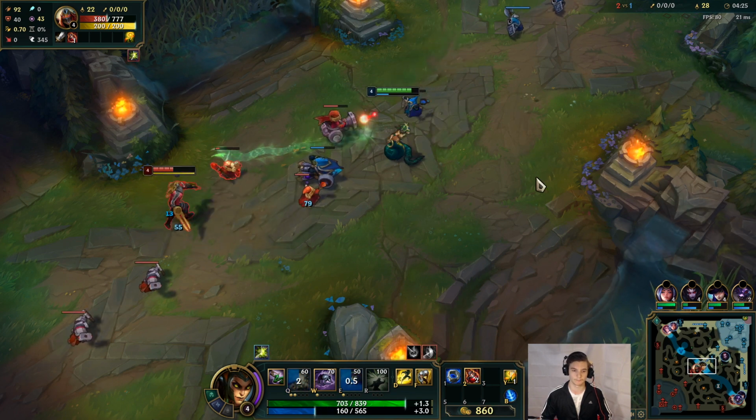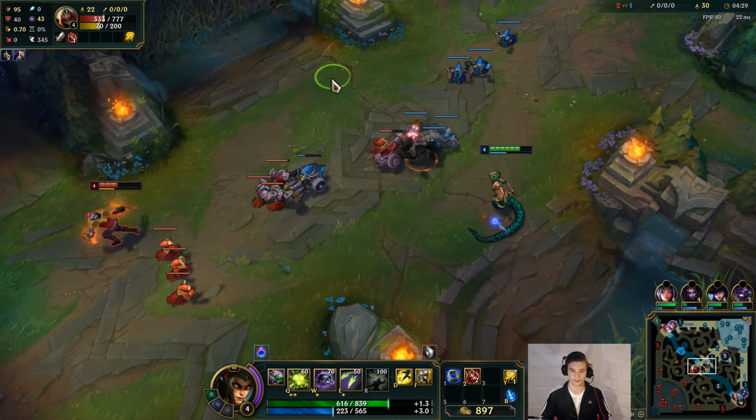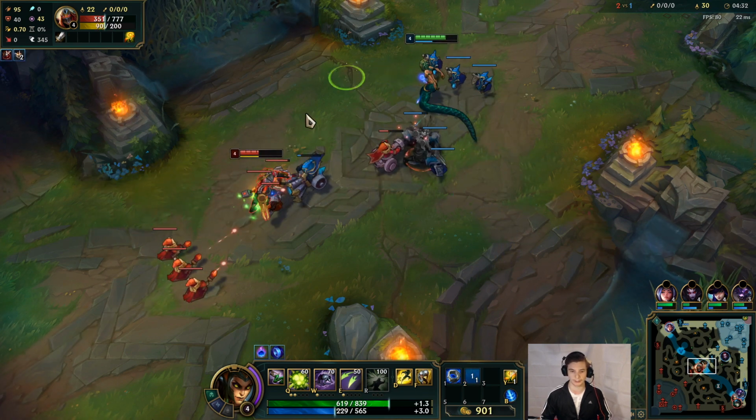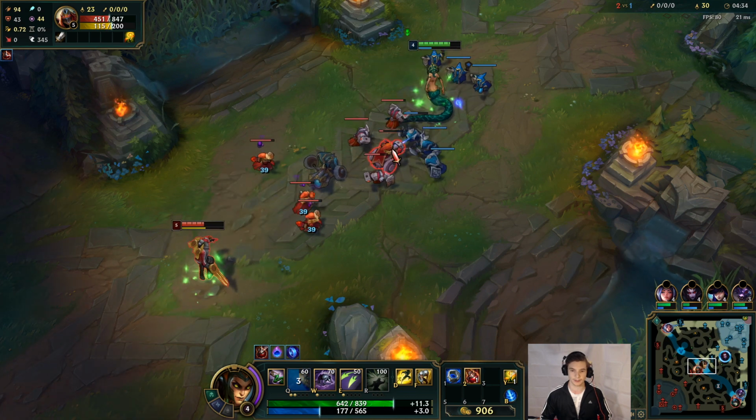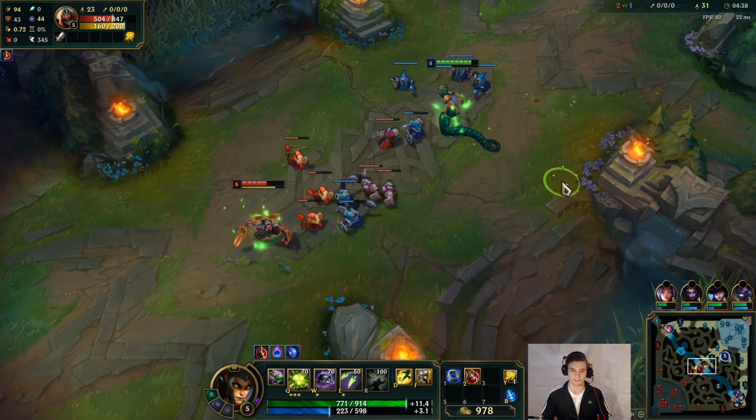Again, just poking as much as I can. Again, juking. So just pick a way to juke with a Zed. Doesn't matter if you get it right or get it wrong, but try and mix it up. So don't let him...